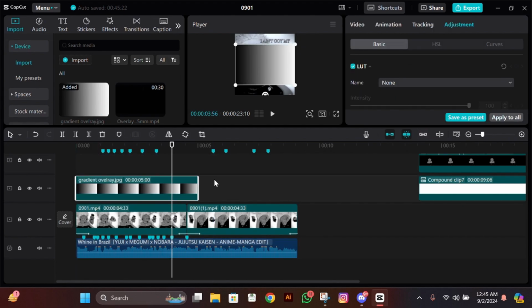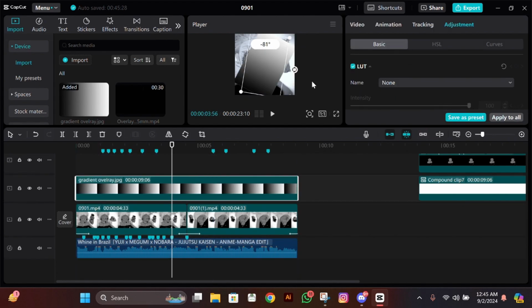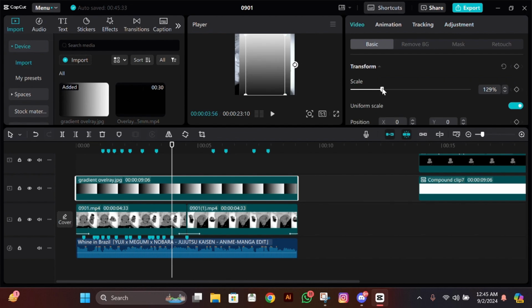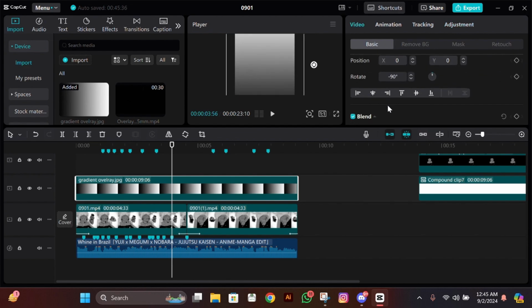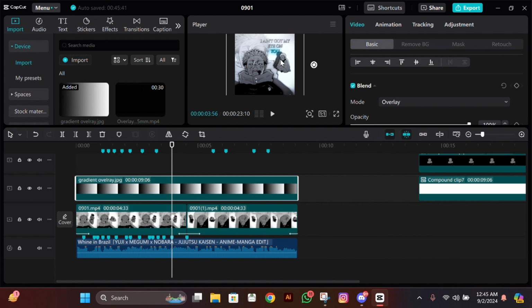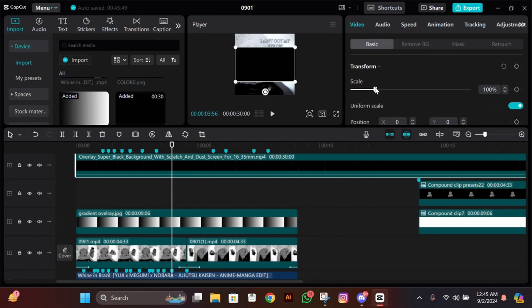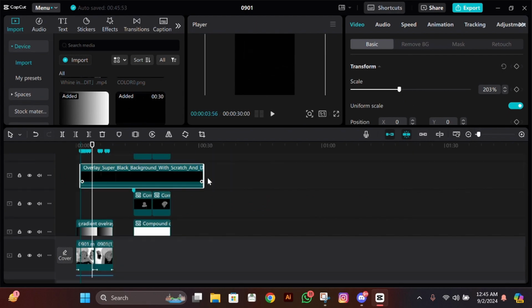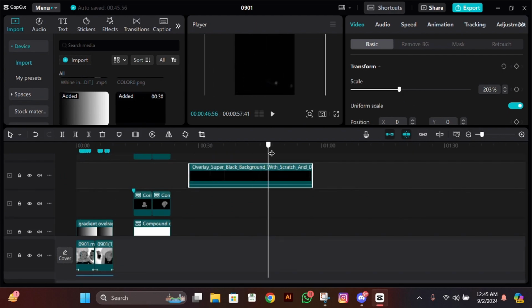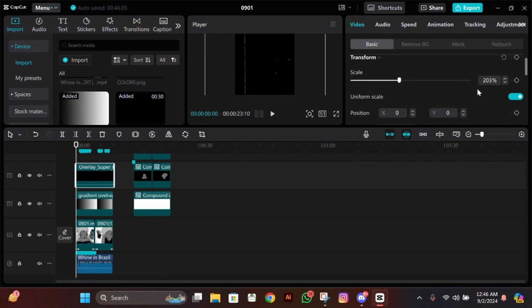After that, add this overlay, rotate it, and make its size a bit too big. Then make its opacity mode overlay. And now after this, add that white line overlay. Now see where there are a lot of lines, cut it from there and then put it on the main timeline. Now make its opacity mode screen